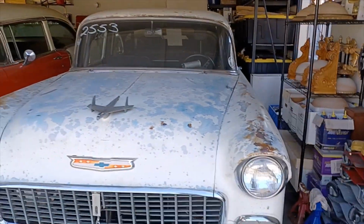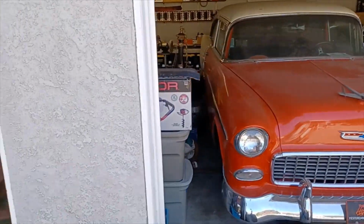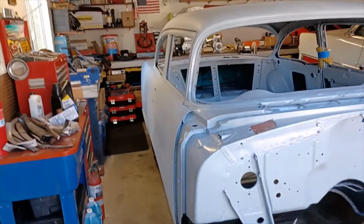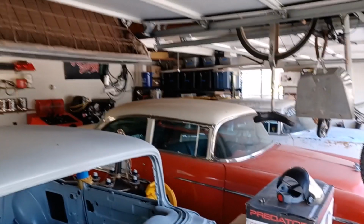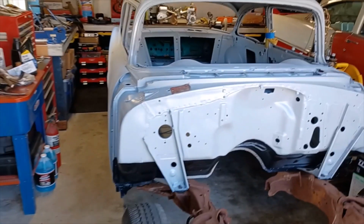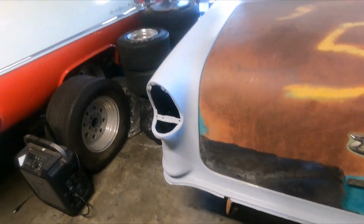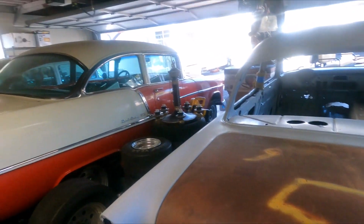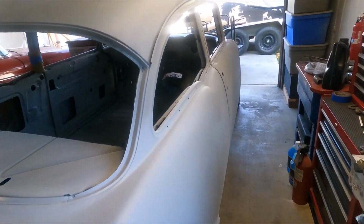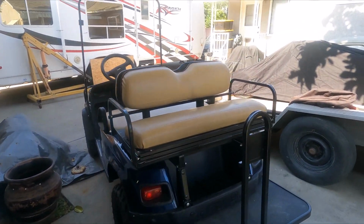All right, first time in a while that we've had all three in the shop, and got a little bit of room to spare and room to push them out so we could work on them and keep this bay open when we need it. So the 55 Delray is back in the garage. And believe it or not, everything fits. So still got a little bit of room, got a good walkway,